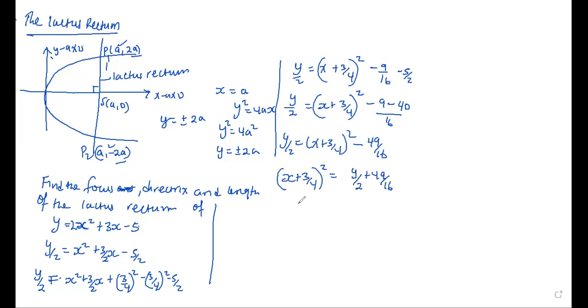Then you use the other principle I gave you earlier. You assume this is equal to capital X, then you can assume this is equal to capital Y. Okay. Then you would see that if this is capital X squared, you can let capital X be equal to small x plus 3 over 4. Then we shall have capital X squared is equal to, then we can let this one be equal to,